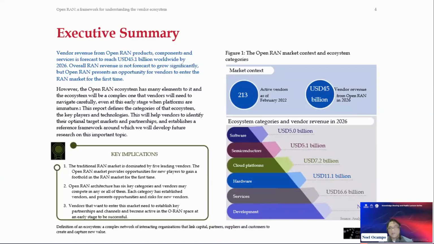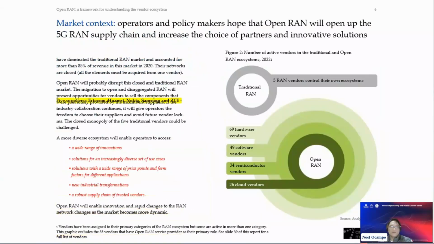It's just an analogy for how you would conceptualize the amount of money that's going to be spent over the next 3 years if we have a successful Open RAN revolution. As you can see, the dominant players, I would rather mention their names than keep them anonymous. Normally the players are the big five: Ericsson, Huawei, Nokia, Samsung, and ZTE.